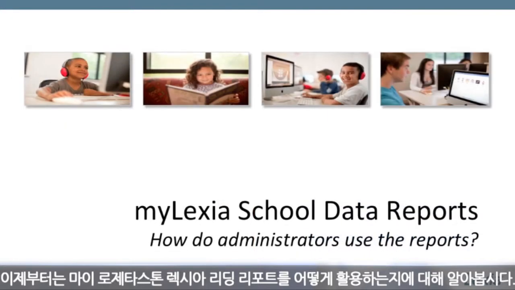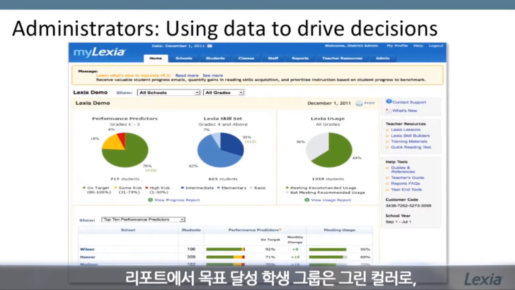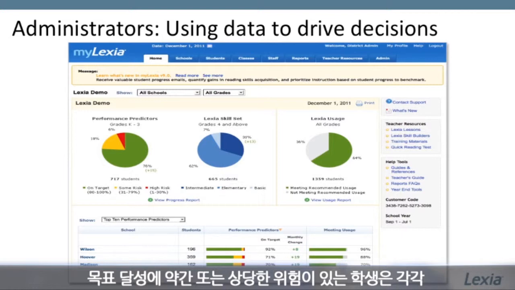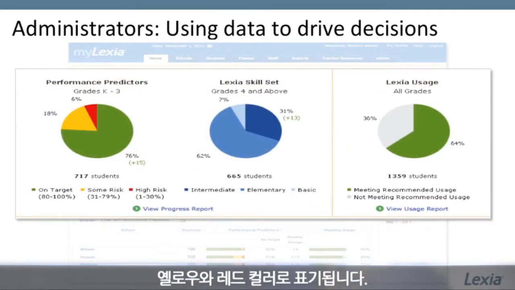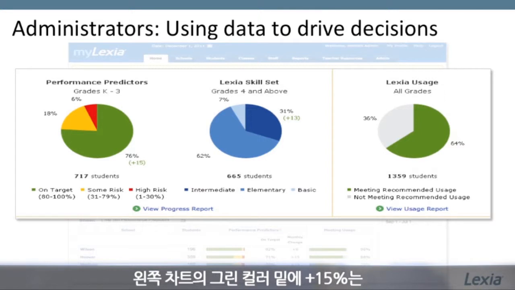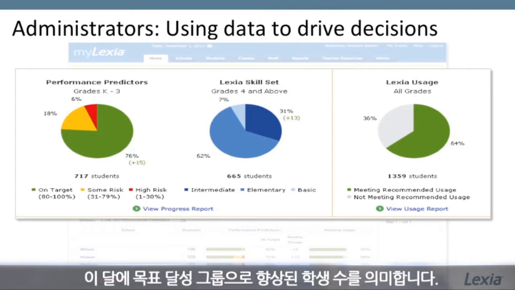Now let's take a look at how district and building level administrators can benefit from the data reports on MyLexia. District and building level administrators can quickly determine the overall risk of reading failure or skill levels of all students in the district. The report shows the on-target students in green and the some risk and high risk students in yellow and red. The green +15 icon shows the number of students on target this month has grown by 15